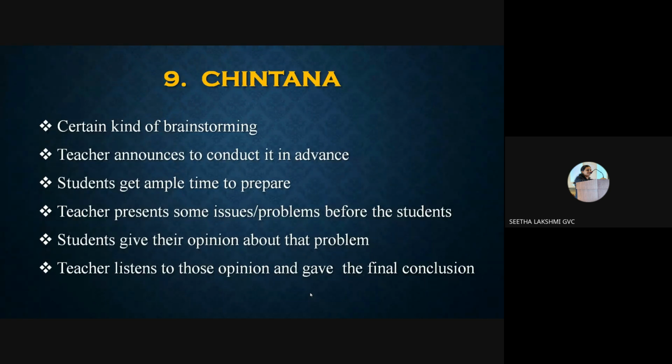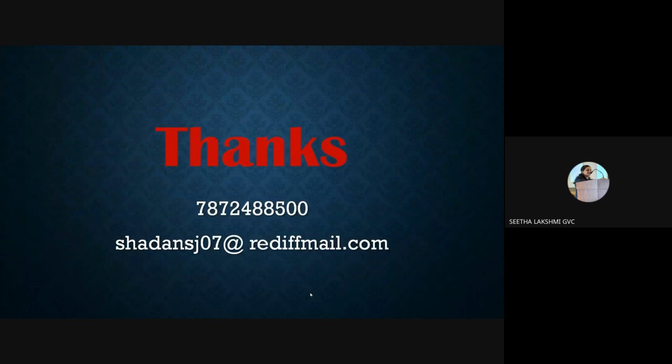So in a nutshell, my friend, I started my lecture by defining what is pedagogy and what are various approaches of pedagogy. Then I described the various characteristics of Indian pedagogy. Then particularly the 9 pedagogies which were used in the ancient time. I took all those 9 and presented them before you people one by one.